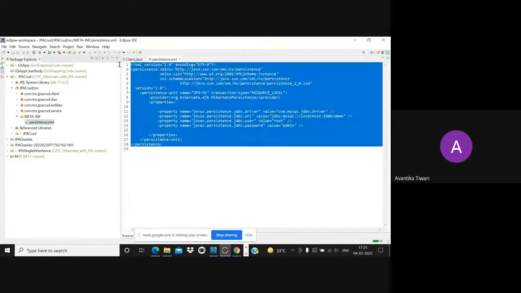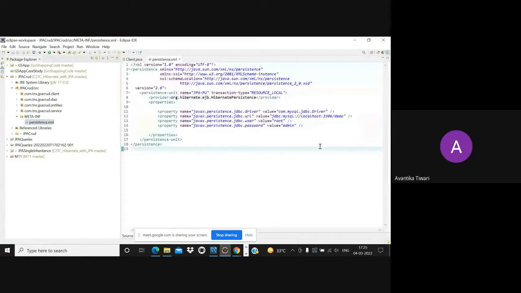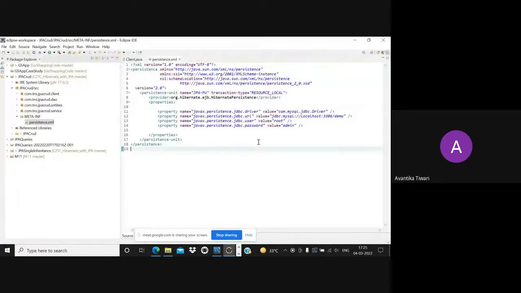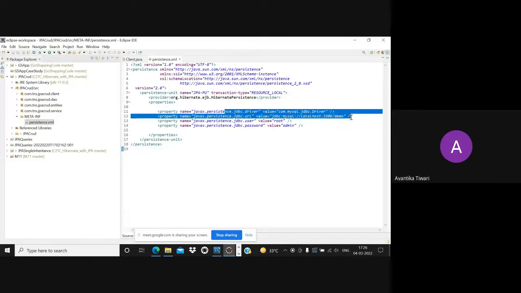Okay, this is the file. XML code, you don't have to write it manually. Simply these things will change for your program. The rest of the code will be as it is for whatever persistence.xml file you see on the internet also. What basically changes is, depending upon the DBMS software you are using, the driver name will change.